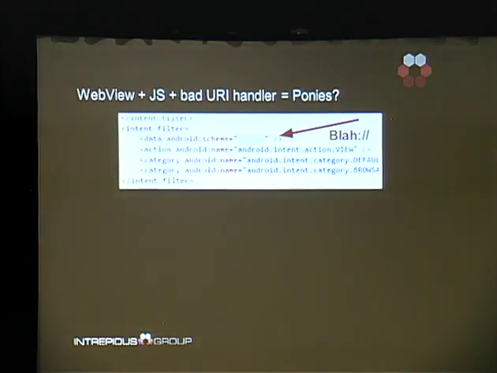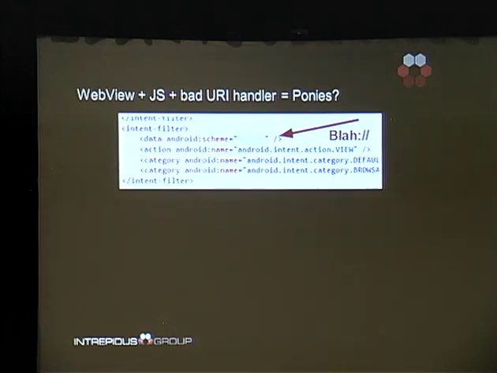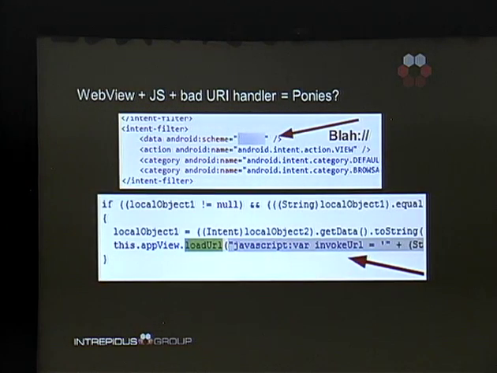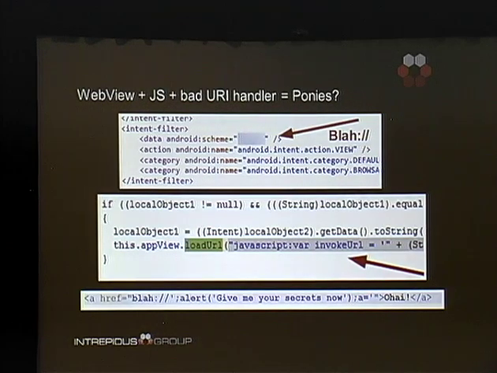So here's a real life example here. This is the manifest where you have a data scheme, blah, right? And then this is where stuff that got into the application from the URI gets stuck into the web view. So this is a link that I can put on my website so that it would be